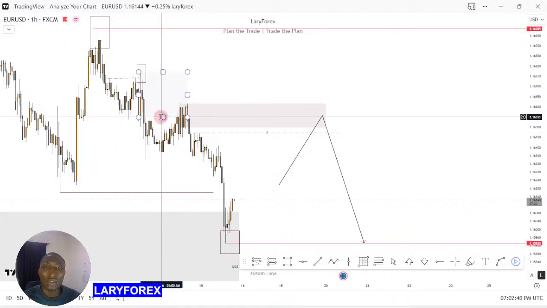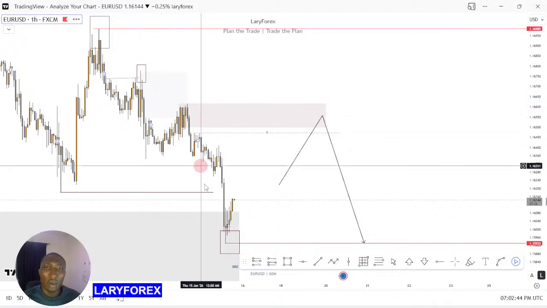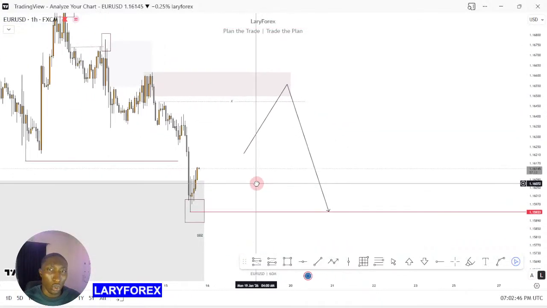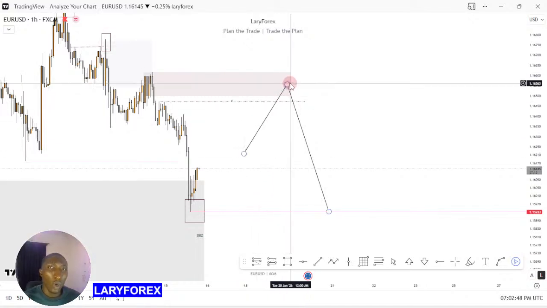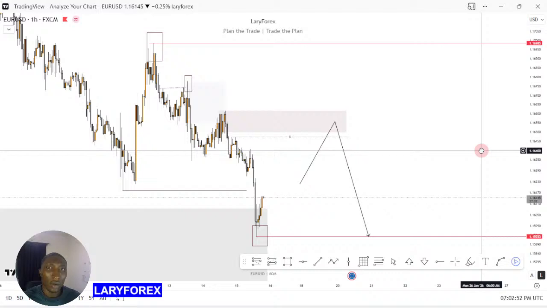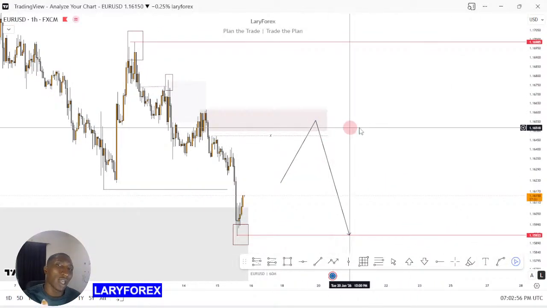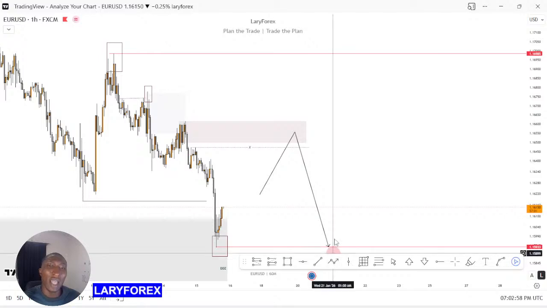So price came back to mitigate that candle that grabbed that liquidity before falling to break structure. Okay, so this is what we should be looking out for on Euro USD for now. All right, if this setup gets violated and